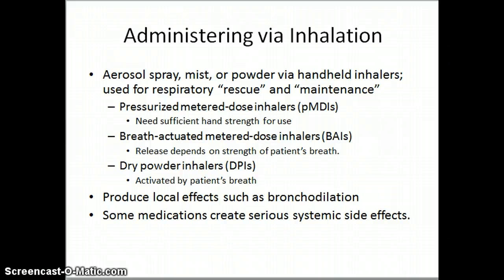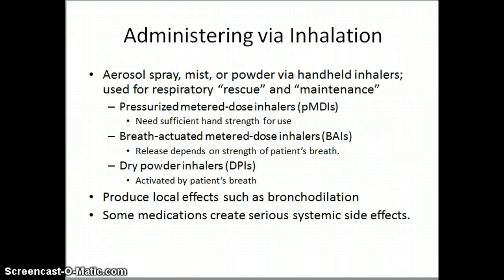As we think about maintenance of these medications, that daily schedule, that good teaching of how to know when your device is almost empty and to order it so you don't run out, how to rinse and do good oral care to prevent getting thrush in the mouth. We want the person to be able to keep that down in their lungs as long as possible so it gets the full effect. The pressured meter dose, they have to have hand strength to be able to push the